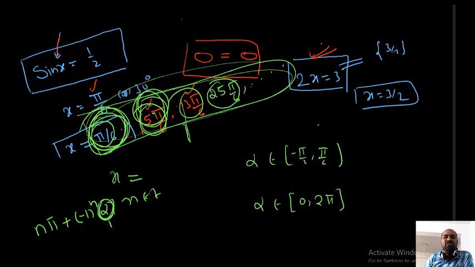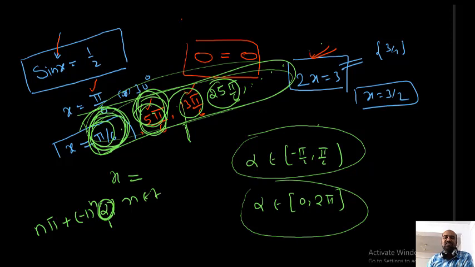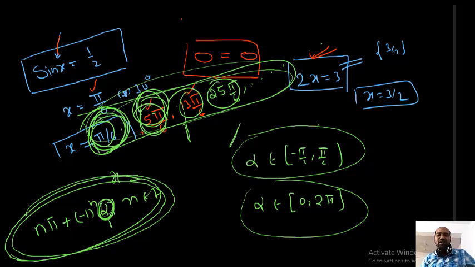What I am saying is, any alpha you can take. So pi by 6 or 5 pi by 6 or 13 pi by 6, any alpha you can take. In general, alpha should be taken between minus pi by 2 and pi by 2, or in general, alpha is taken from 0 to 2 pi. Such solutions are called principal solutions. This is called the general solution. So the alpha values you are writing are called principal solutions. Generally, alpha can be any value, but according to our textbooks, alpha should be taken between minus pi by 2 and pi by 2, or from 0 to 2 pi.